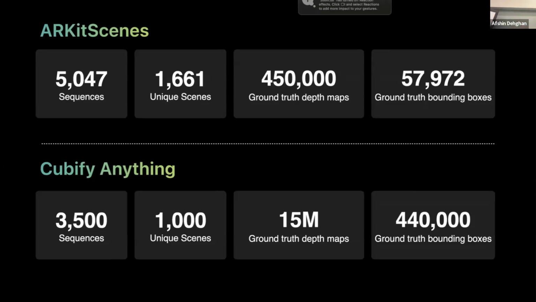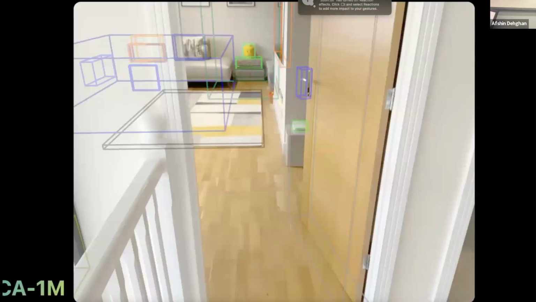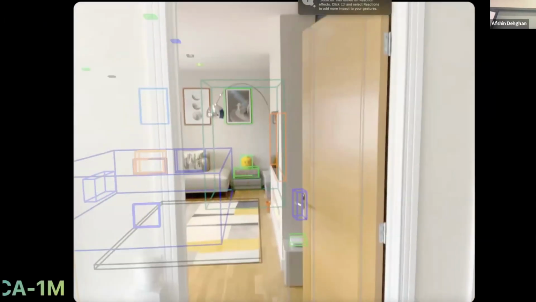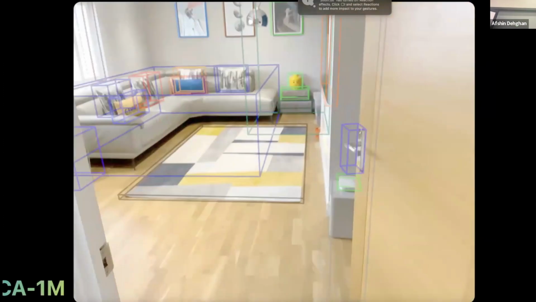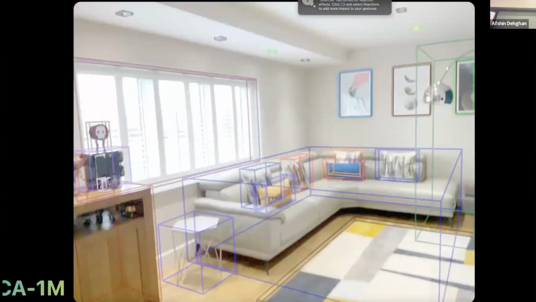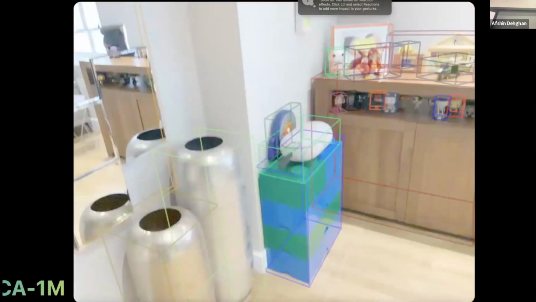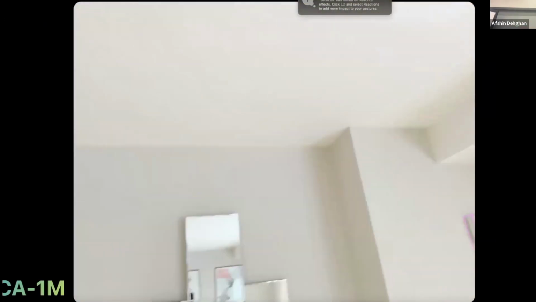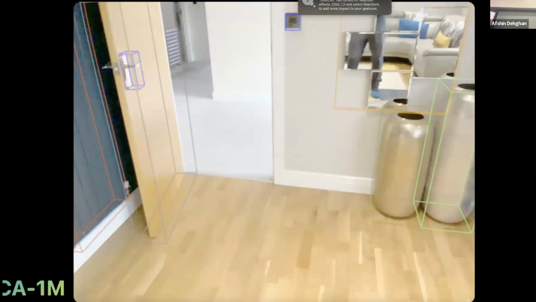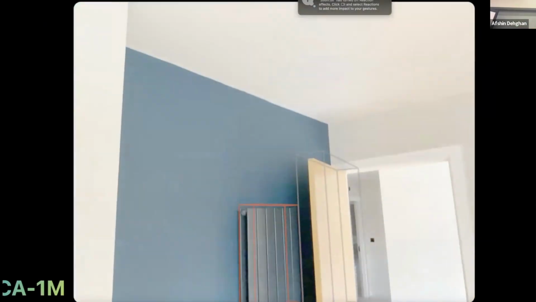So this is the dataset we call Cubify Anything, or CA, that I'm going to be referring to in the rest of the talk. So let's look at some of the scenes that have been labeled through the labeling process first. This gives you an idea about the level of labels that you're going to find in this dataset, how exhaustive the labels are, and how accurate they are. This is not just about getting as many cubes as you can in the scene, but you want cubes that are pixel perfect. You want cubes that are exhaustive, and